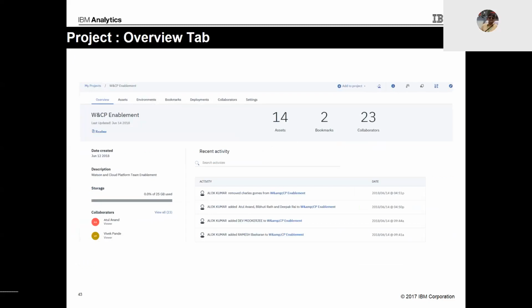Say, for example, I have 25 GB of storage allocated to me, but I have used only a fraction of it, so it is showing 0%, right? And then it is also showing you the collaborators, so you can either view them all, and there is the page where you can launch and actually add the collaborators, right? Now